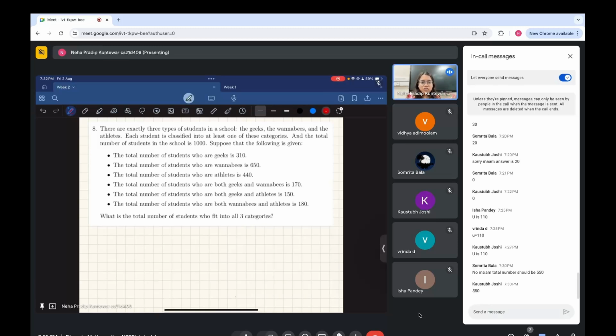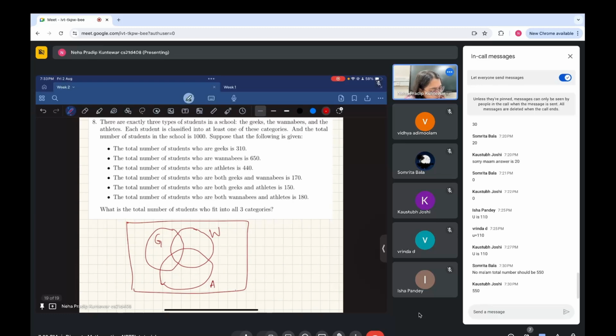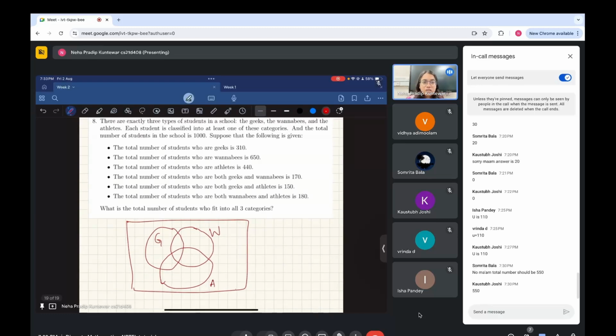So the problem is that there are three types of students in the school. You have classified them as geeks, the wannabes, and the athletes. And this is the set of all the students that you have. Now what you know is that there are totally 1,000 students in the school, and you have this data